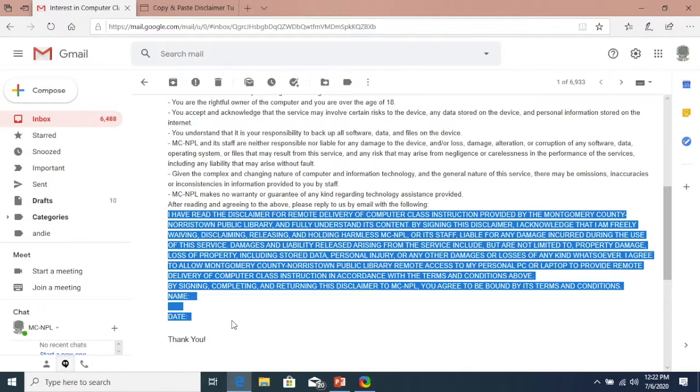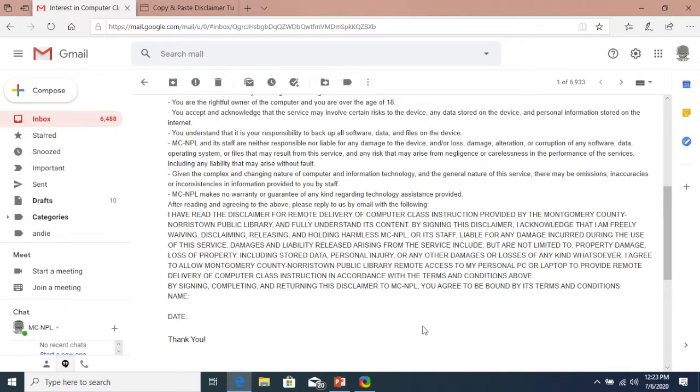If you didn't get it the first time, some of the text may remain unhighlighted or you didn't get any at all. Don't worry, I'm going to do it again. So to deselect the highlighted text, click anywhere outside of it. Okay. Now again, move your cursor to the top of the agreement statement in all caps.